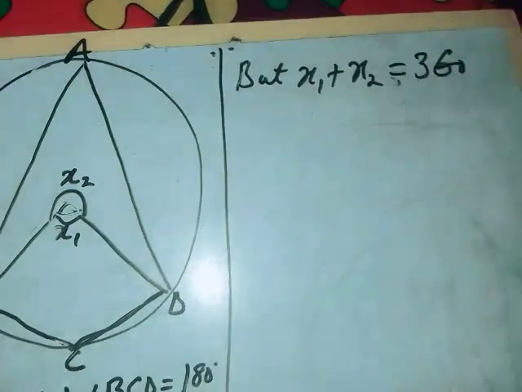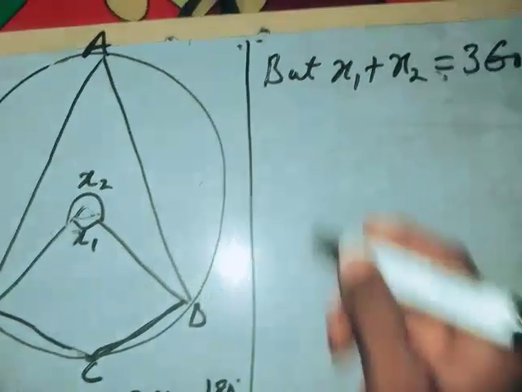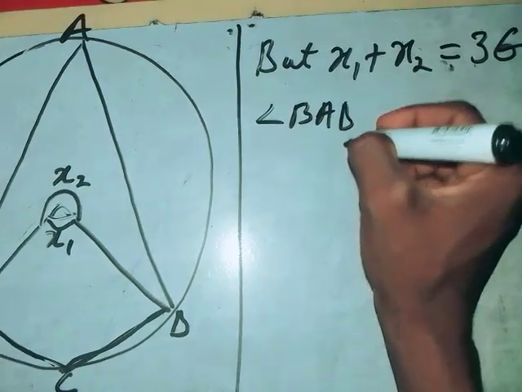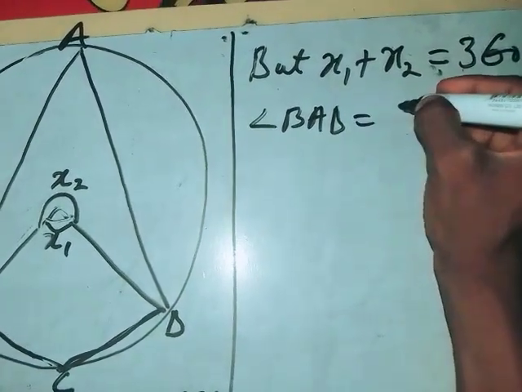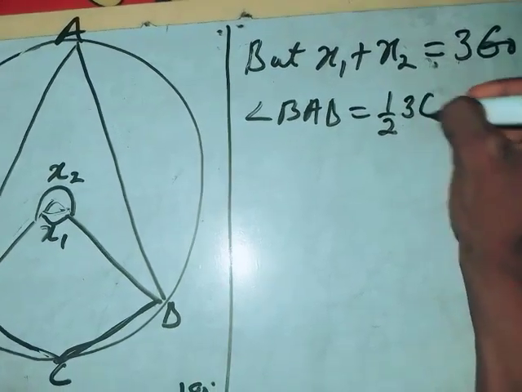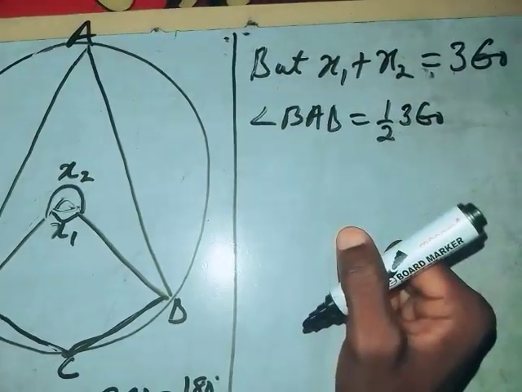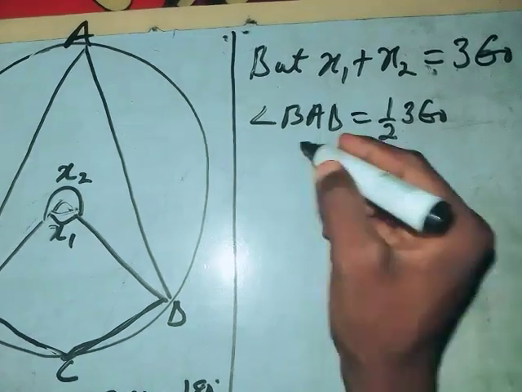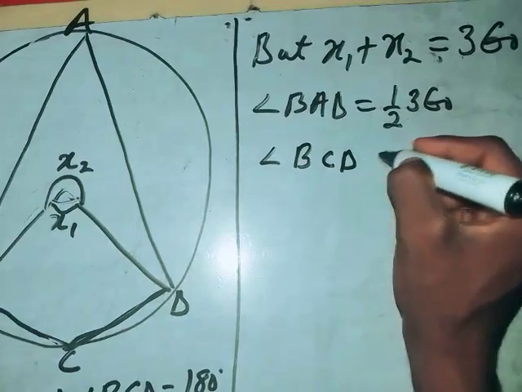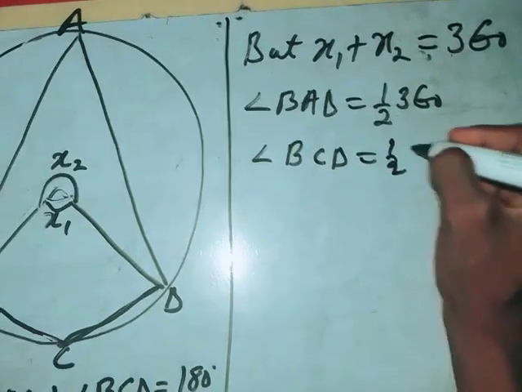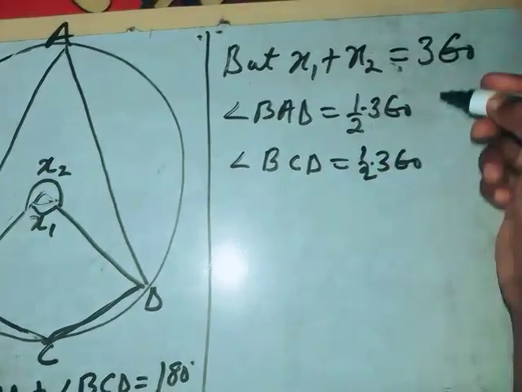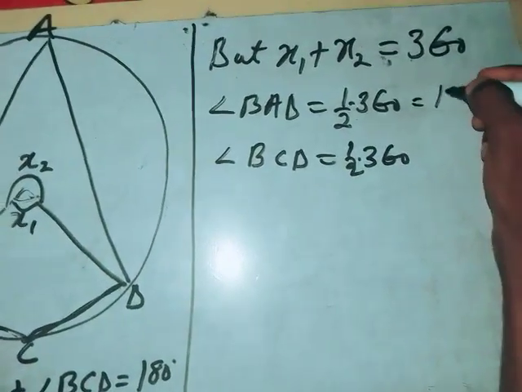Now, angle BAD is equal to 1/2 of 360, right? So angle BCD is also 1/2 of 360, and 1/2 of 360 is 180,